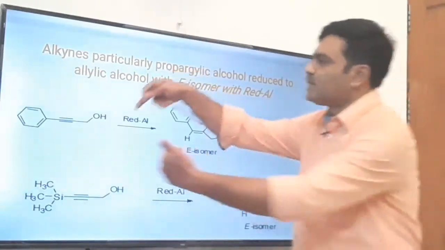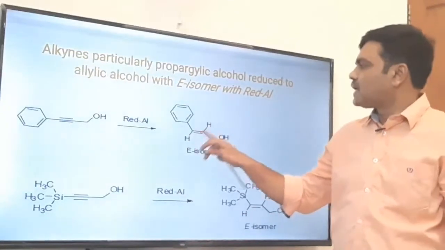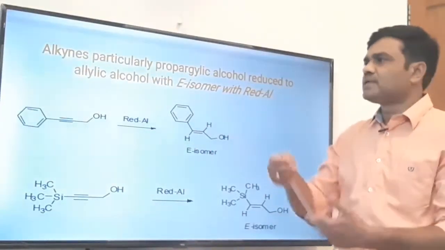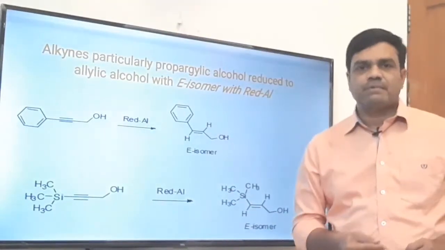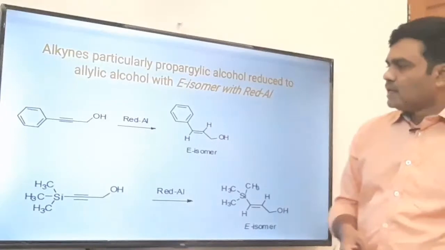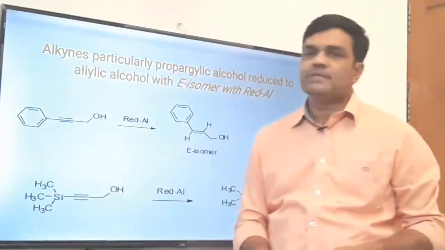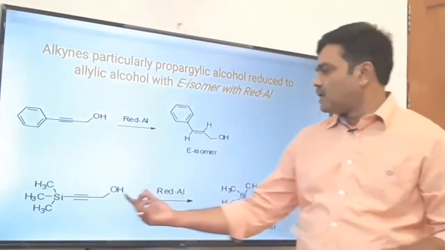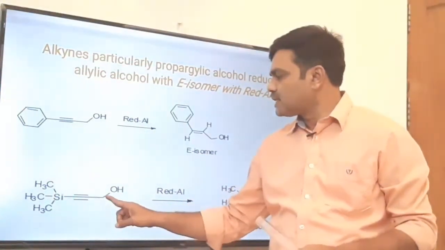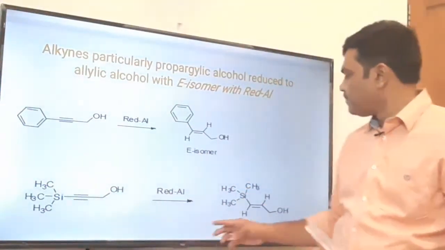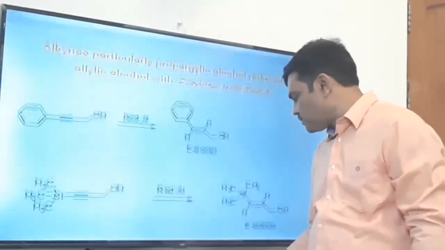There is addition of hydrogen across this carbon-carbon triple bond, and the addition is anti-addition. Two hydrogens are added from opposite sides with respect to each other. Trans addition, or we may say it is the E isomer. E stands for entgegen. This is again a similar type of compound. Here only the phenyl ring is replaced by the trimethylsilyl group, but it is again the same type of compound where a carbon-carbon triple bond is there, then CH2 group, meaning alpha carbon, then OH. So addition of hydrogen across the carbon-carbon triple bond occurs and the E isomer is obtained.